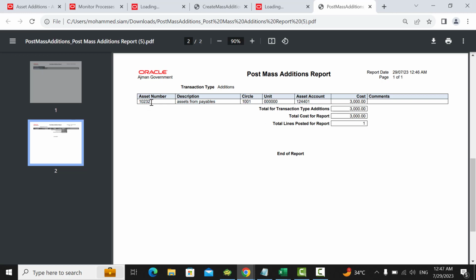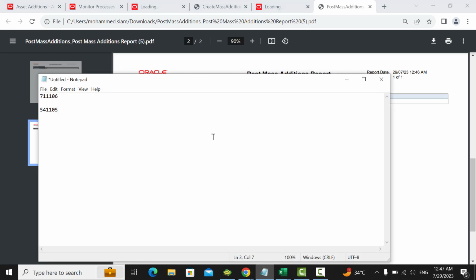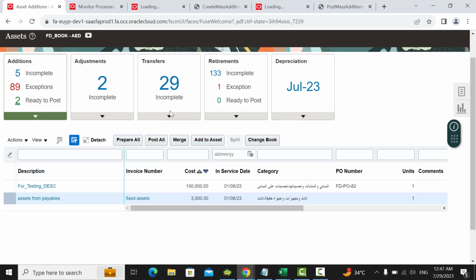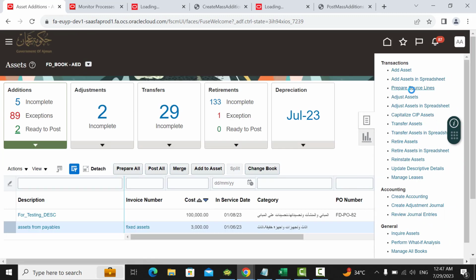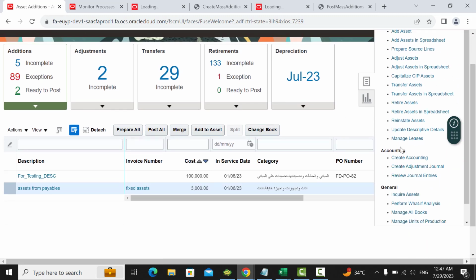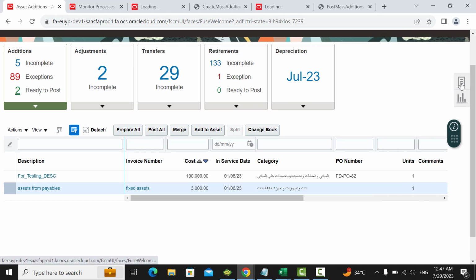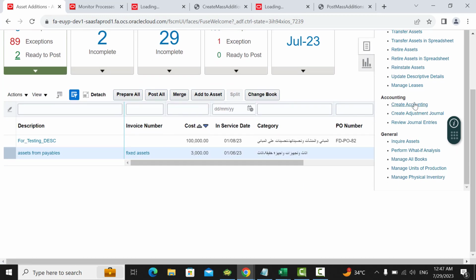Now my asset number is 10232. Copy. I will put it here. Asset number. Come back to the assets. Now I will try to create accounting to check the accounting entries. Navigate to tasks on the right side, go down, create accounting,